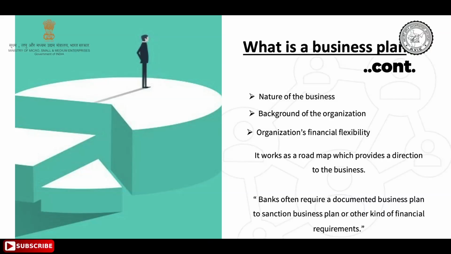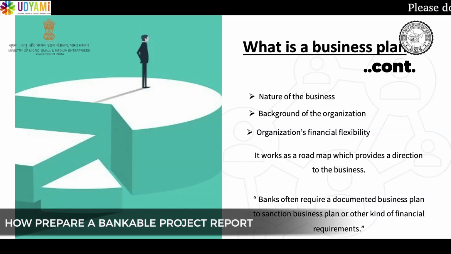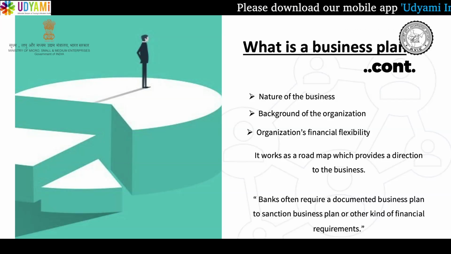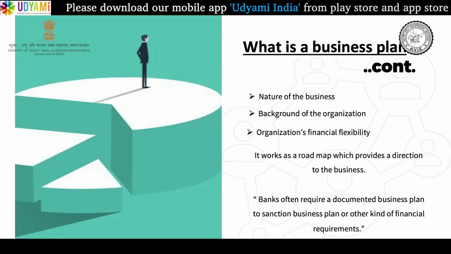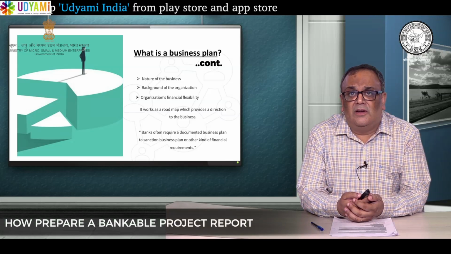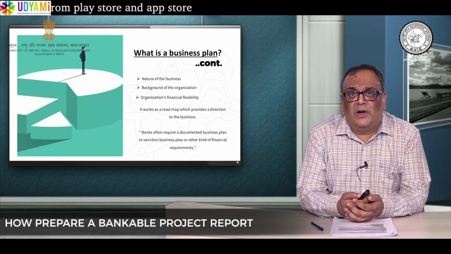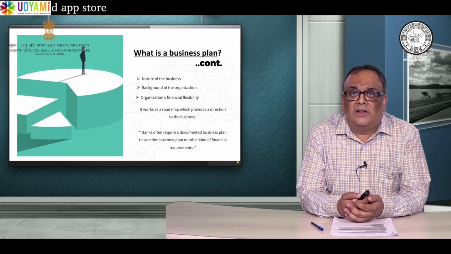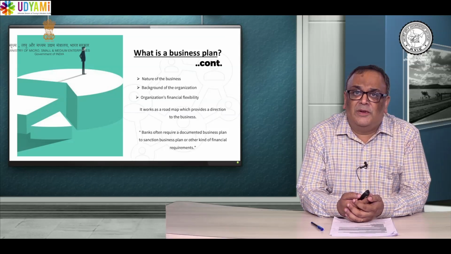Again, background of your organization. Who are the promoters? What are their core competency areas? What is their experience level? What is their age? What is their financial security? What is their CIBIL score? What competency or expertise do they have? How would the business be done, and how flexible would the financial system be? What amount is being invested by the owners, and what are the loan arrangements? How is that loaning being done?